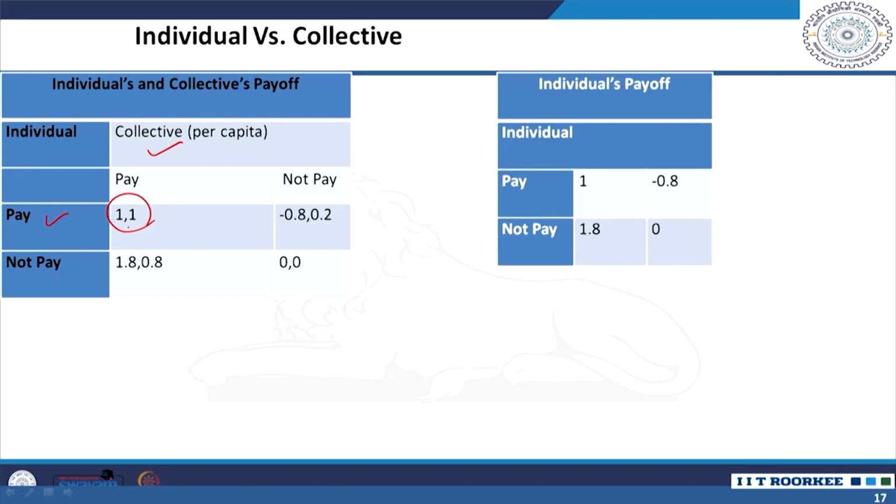The individual will be getting the benefit of one collective good, and the group is also going to get the benefit of one collective good. If both of them are paying, the individual as a member and all the members as the collective, it is 1-1. So, now let us